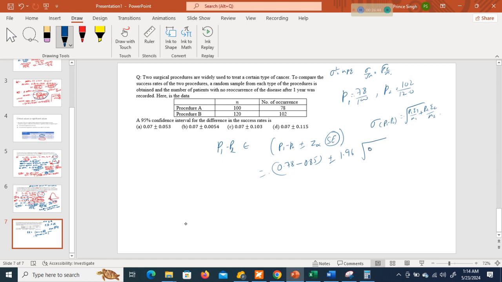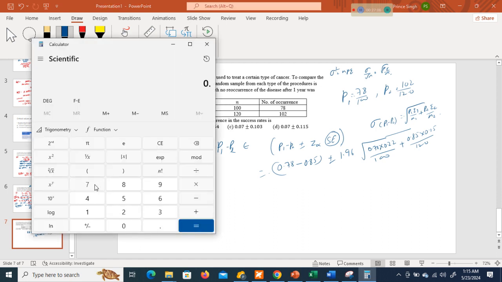It is 0.78 into 0.22 upon 100 plus its value is 0.85 into 0.15 upon 120. So if I calculate this value,